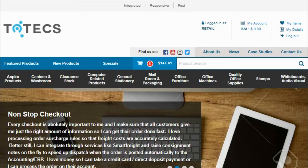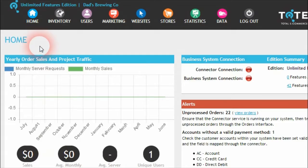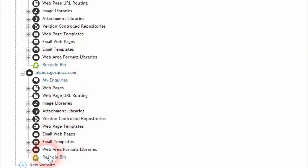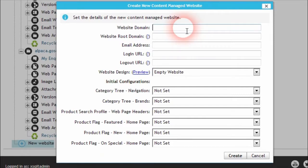To set up a website based on a Master Website Design 2, let's head to the Administration Center, where we can see how to do this. Within the Administration Center, if we click on the Websites menu button, then click on the Websites link, if we go down and click on the Create New Website button, this will show a dialog that allows a new website to be created. So if we call this website